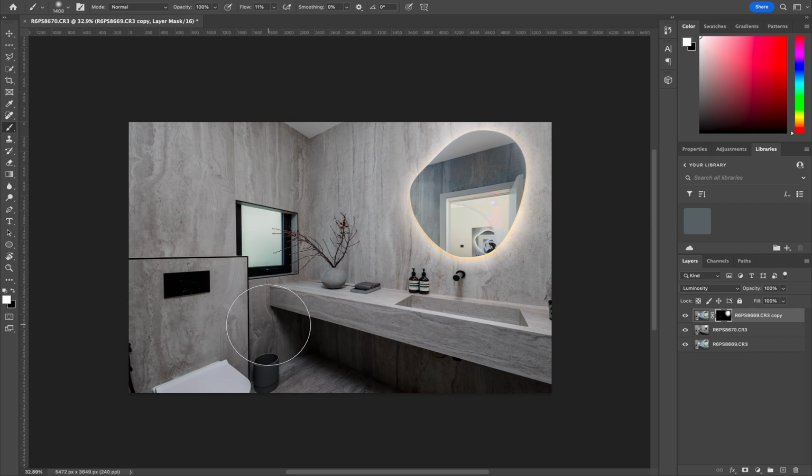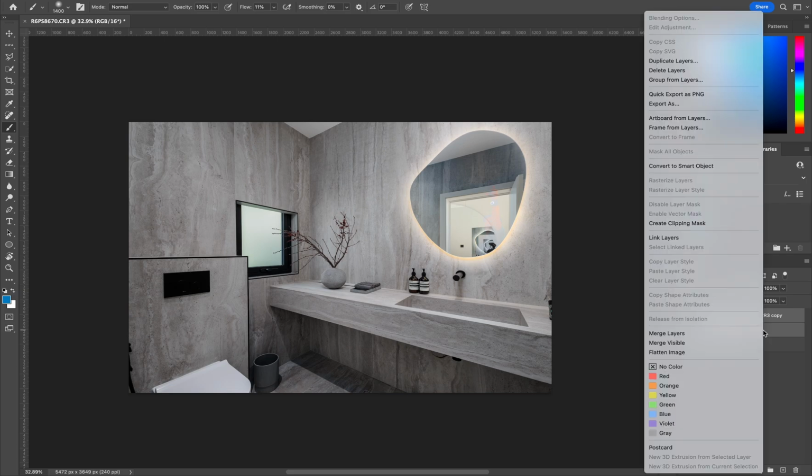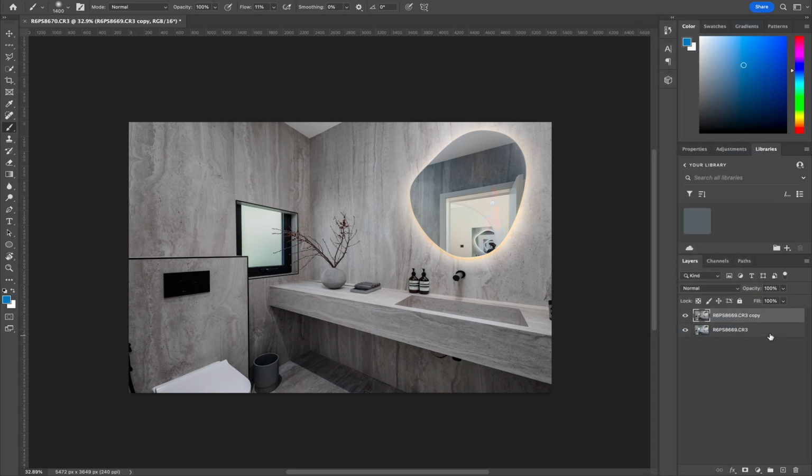Maybe I'll put a little bit more luminosity under here, so we've got the real light coming through rather than the flash, and just a little bit of natural shadows and light coming from the window. And using luminosity means that we don't get any of the color casts that we would have in the ambient shot. So now I've done that, let's just blend those two together by merging those two layers, and then I